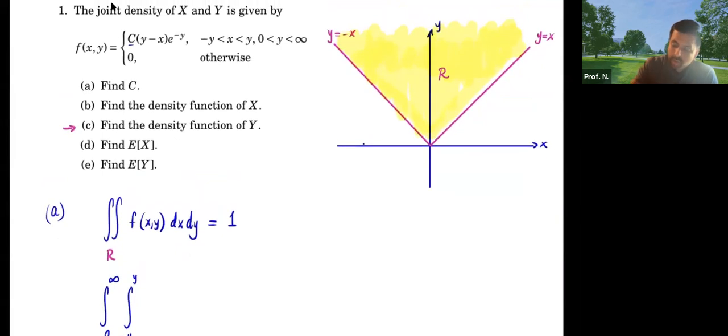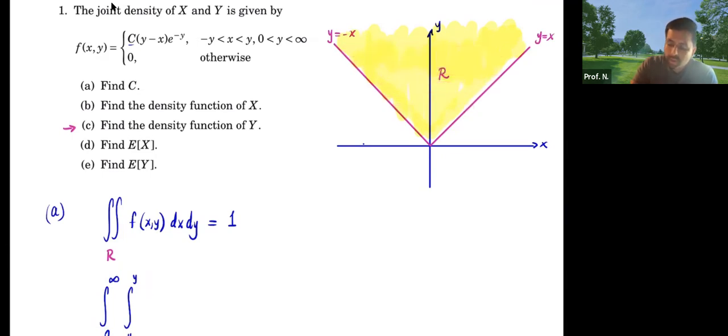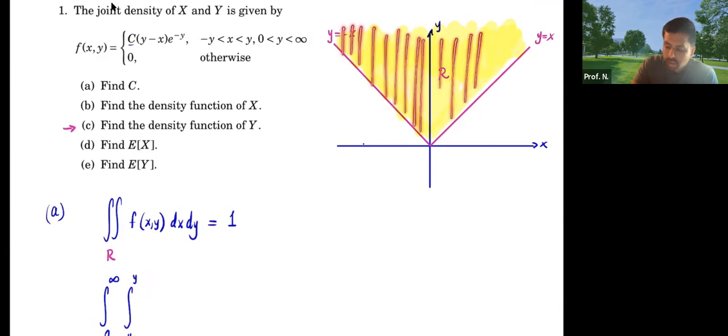So we can also integrate this. Right now, these bounds represent an integration where you're cutting the region in this fashion. You're saying for every y that you go up, the x's are in between negative y and y. So that's why you're cutting the region R in these kind of horizontal slices. You can also do it vertically. It's just that when you do it vertically, you're going to create two different double integrals